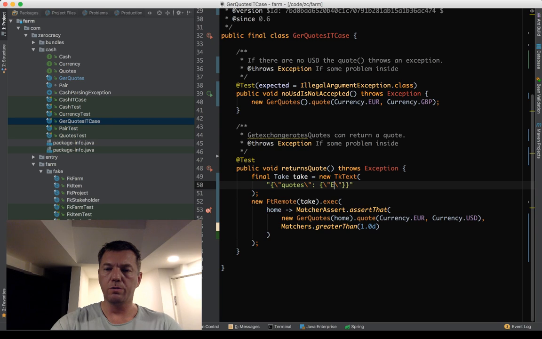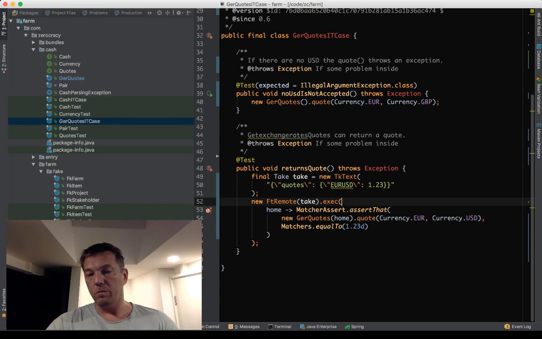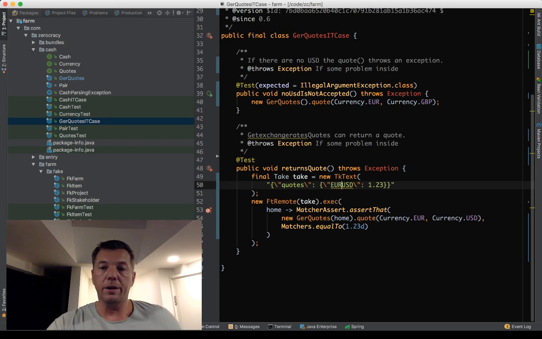We are checking euro to USD. Let's say 1.23. And then we can say equal to 1.23, right? So this one looks like JSON, which I expect that third-party service to return. That's how the code is designed. So we're faking the third-party API, and we run it to see whether it works.